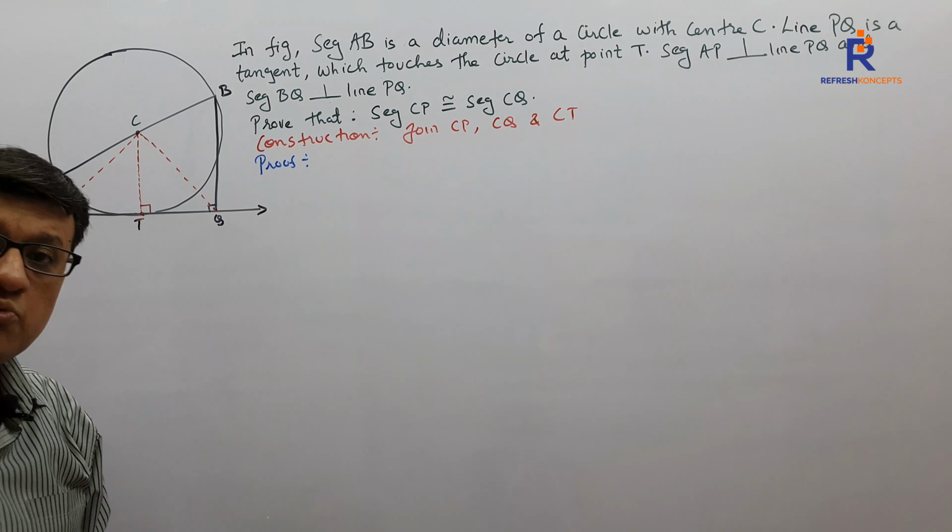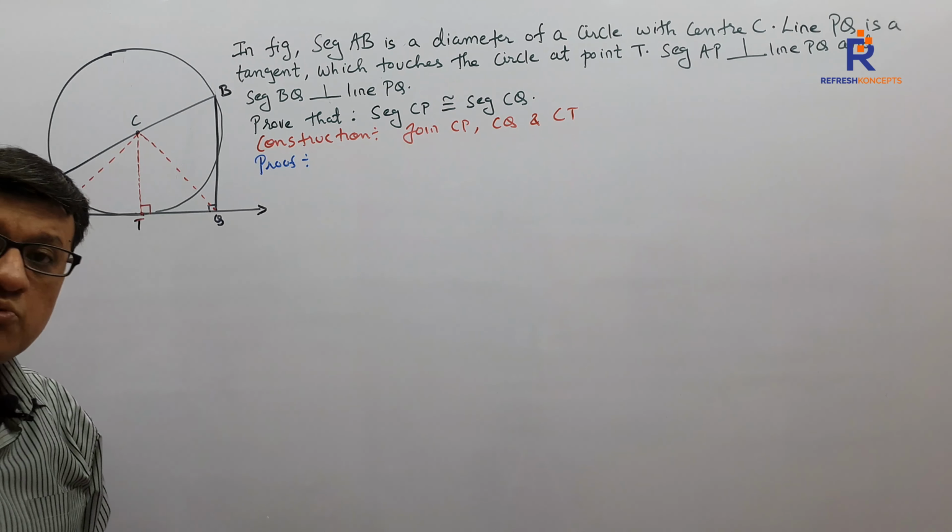Also given to us, AP is perpendicular to PQ. Now via this we can say CT is perpendicular to PQ, and also given to me that BQ is perpendicular to PQ. This is equation 2 and I shall say this is given to us. I have said earlier also, children, and I reiterate once again: the given part is what you are supposed to write down. I am writing to prove, construction and the main sum. Though wherever it's needed, I'll be writing from given. AP perpendicular to PQ, BQ perpendicular to PQ.